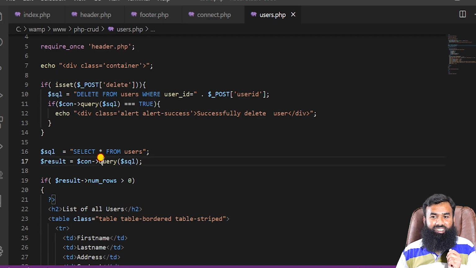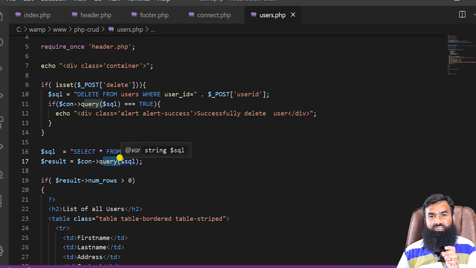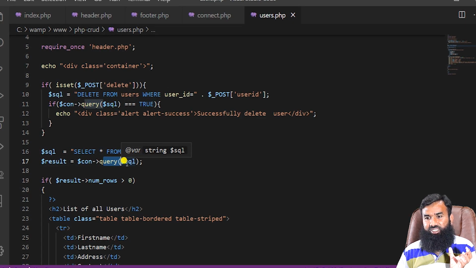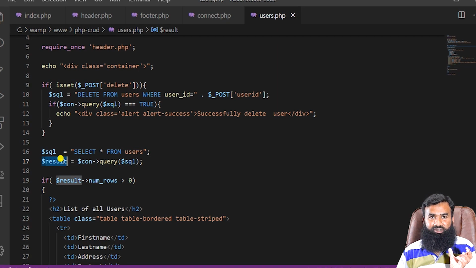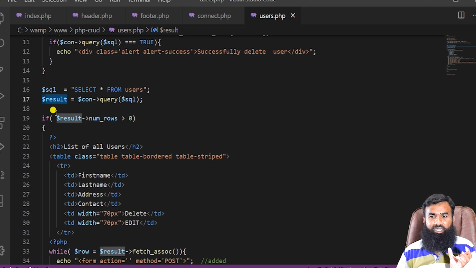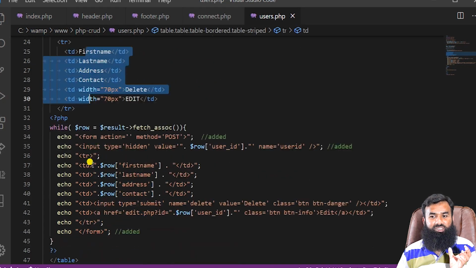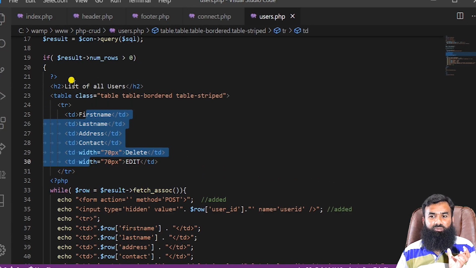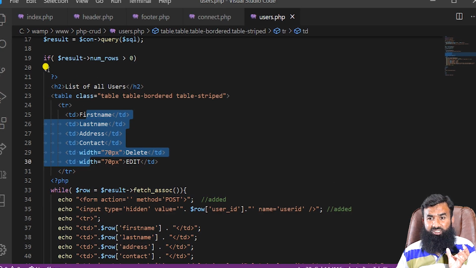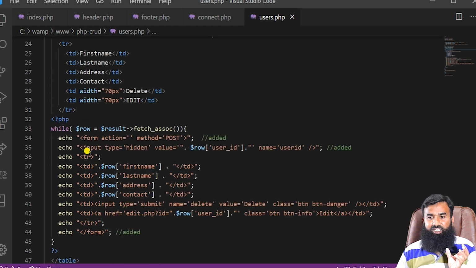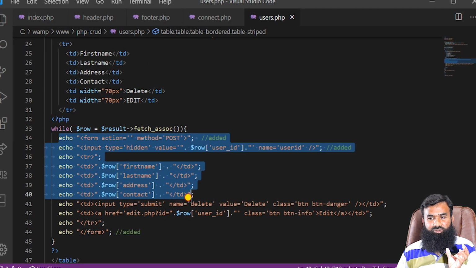Now we are going to execute this query. Execution means that the action will take place and the result will be stored in this variable. Now we are checking if that result exists, then we are going to display all this data. So based on the result existence, we are going to display all the data, and here we are going to display the